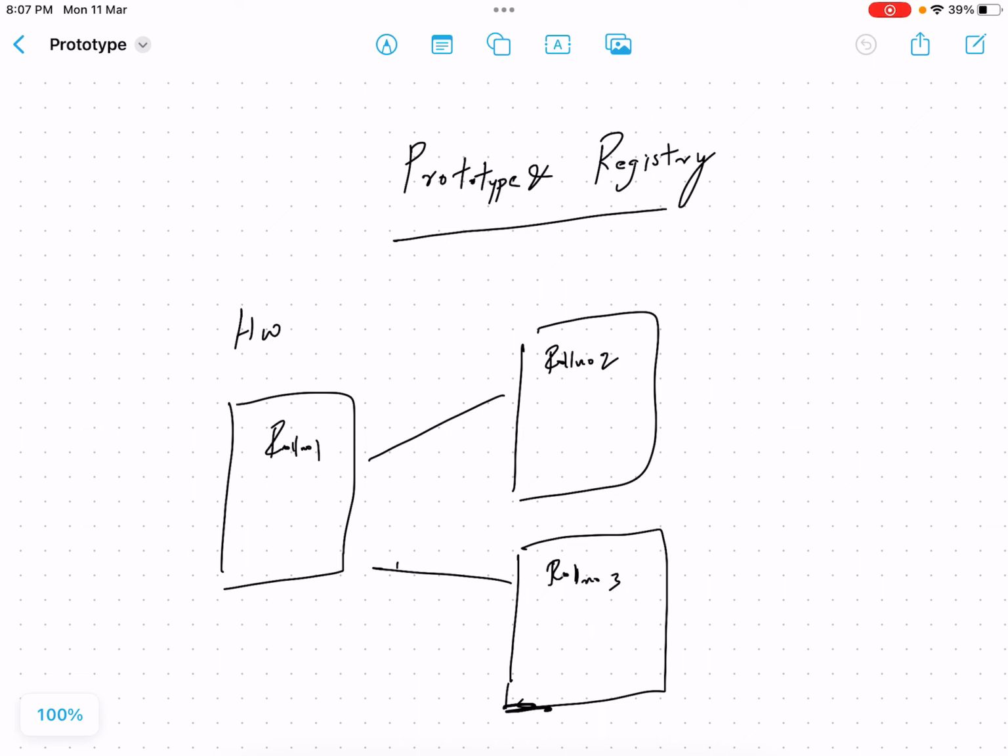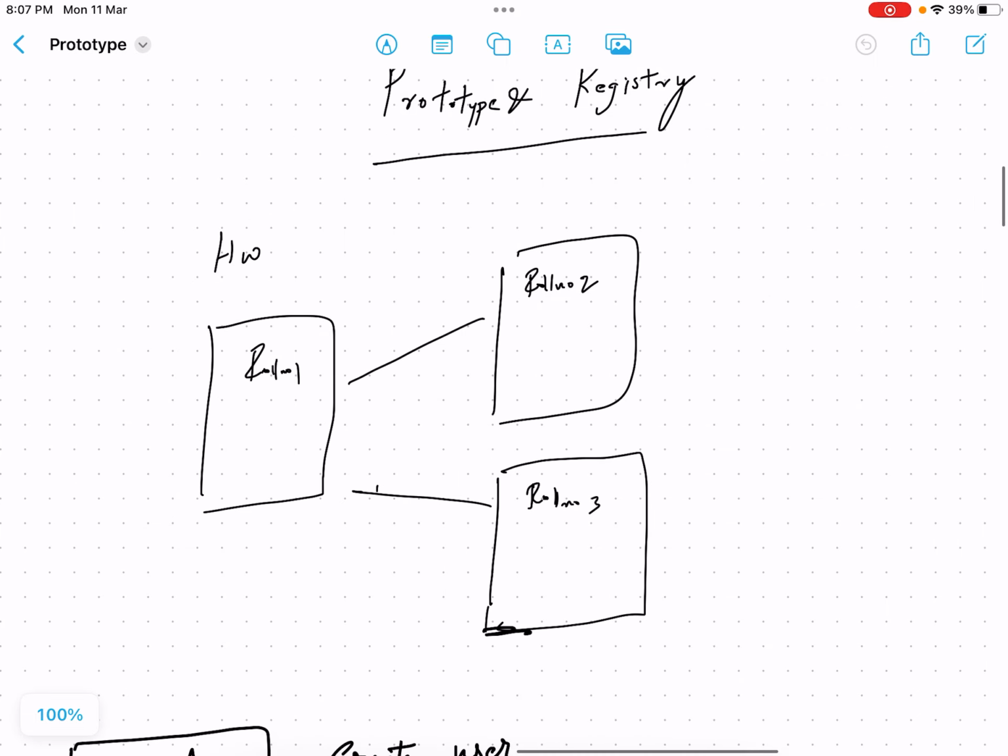This prototype design pattern is basically to create prototypes. For example, let us say you want to build an aeroplane. First thing is you will not directly build the aeroplane, right? You will first create a prototype, understand the design, and then you will create the actual one. In a similar way, for example, imagine in your childhood days,